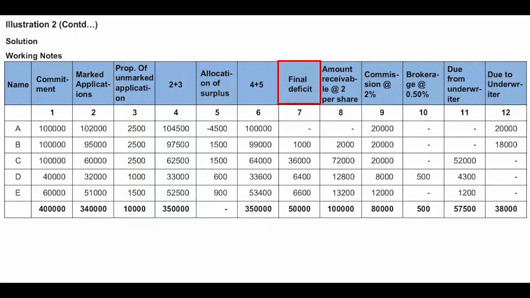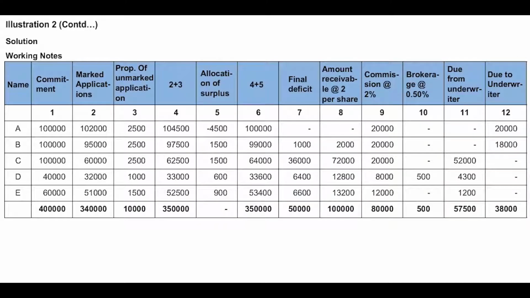Now we have to find out the final deficit. So what we need to do is simply column 1 minus column 6. So this will give you the final deficit. So there is a deficit in B, C, D and E, and A will be at par. So there is a final deficit of 1,000, 36,000, 64,000 and 6,600 on the account of B, C, D and